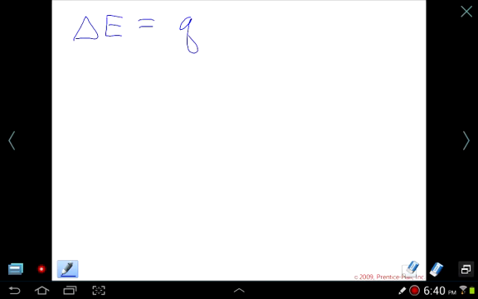involves heat and work. Now, because we're told that the system absorbs 1.40 kilojoules of heat from the surroundings, that means our heat component will be positive because the system absorbs that heat. Anytime it absorbs, that would be positive. So we got Q is positive 1.40 kilojoules, and then it says that